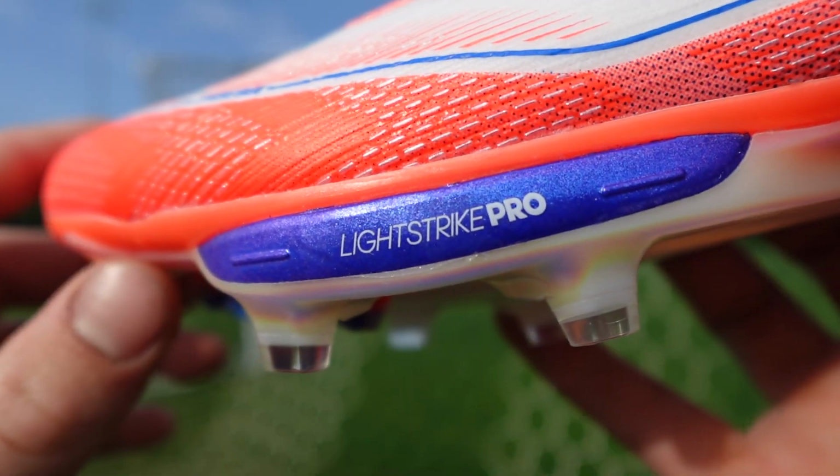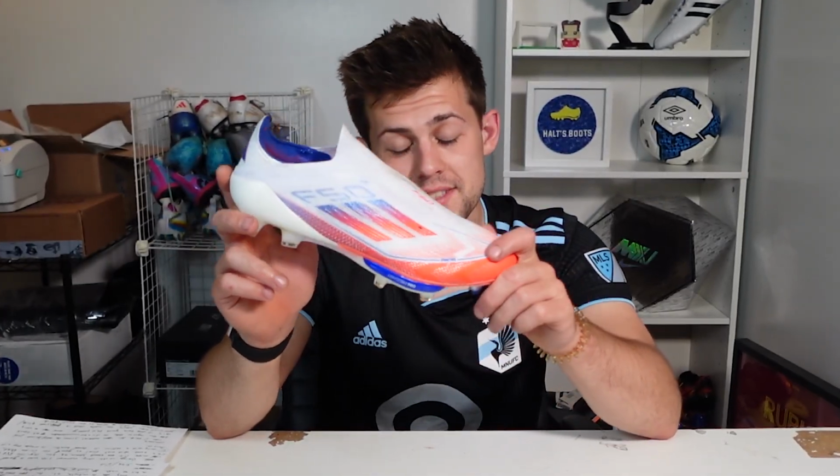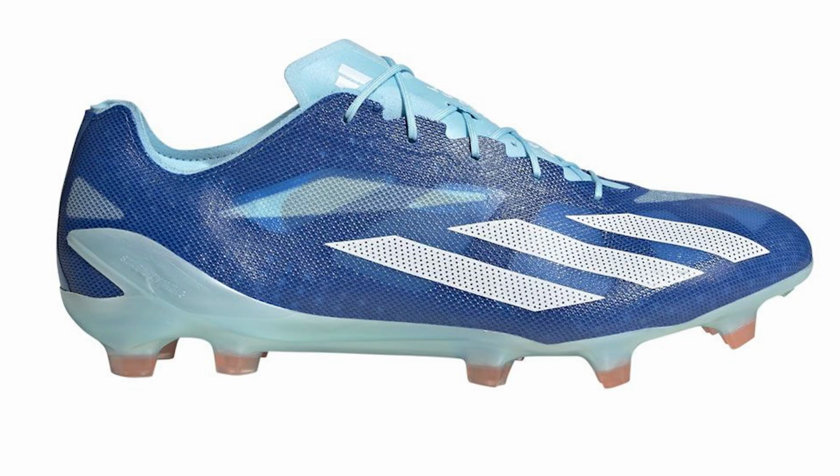A couple months ago, I did a review on the Adidas F50 LL, and I didn't realize that they were coming out with the Plus version that would look very similar and also be laceless. What's different about the F50 Plus is that it has the Lightstrike Pro technology, which is something new Adidas has added, and the price is $300, which is pretty steep for a football boot, but it's also the same price as the Adidas X Crazy Fast Plus. So same prices, completely different boots on that end, but we're gonna get right into this review and talk about